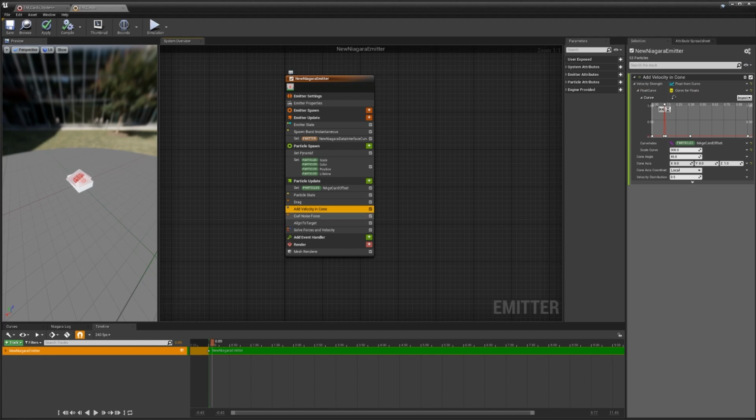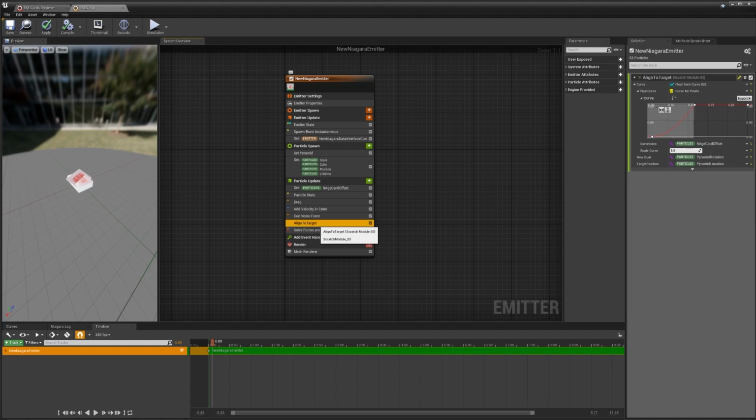So I start adding a velocity, I add a curl noise, and these are both mapped to curves. So I control the strength of them over time. So we have kind of like our rest state right at the start here and here. And then as they kind of go in, we increase the force and the velocity. And then as we get them to go back into their rest state, we drop that back down.